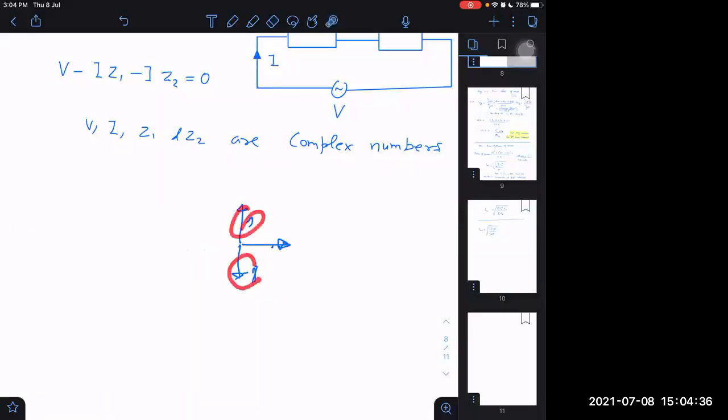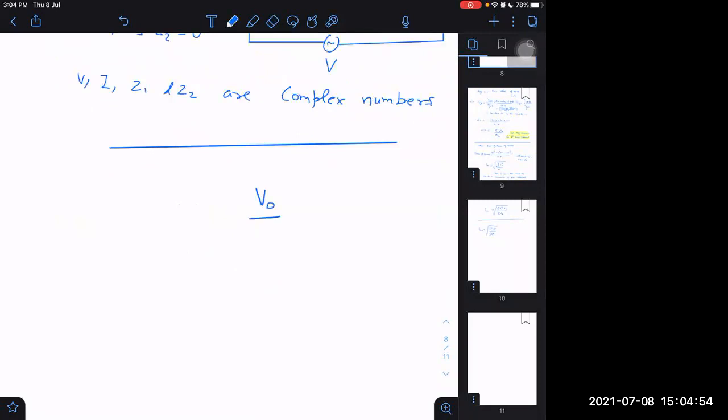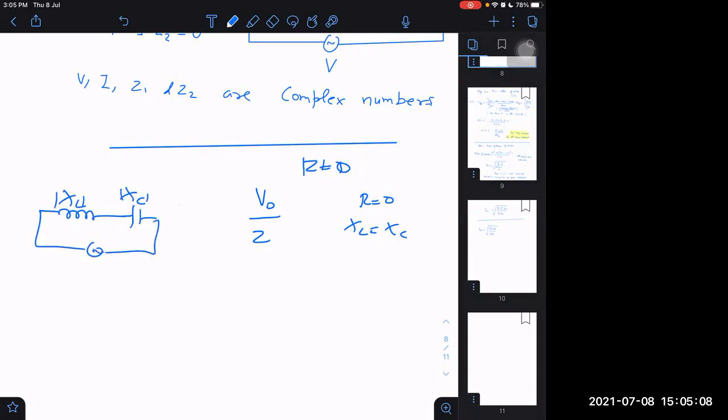So these vertical terms can cancel each other, but how can we cancel the real part? If real part is not existing and XL becomes equal to XC magnitude wise, then these can cancel and net impedance will come out to be 0. That is possible. You asked a very nice question actually. Net impedance is 0 if R is not existing and XL is equal to XC, and it is a series LC circuit. XL and XC magnitude wise cancel each other and net impedance becomes 0.